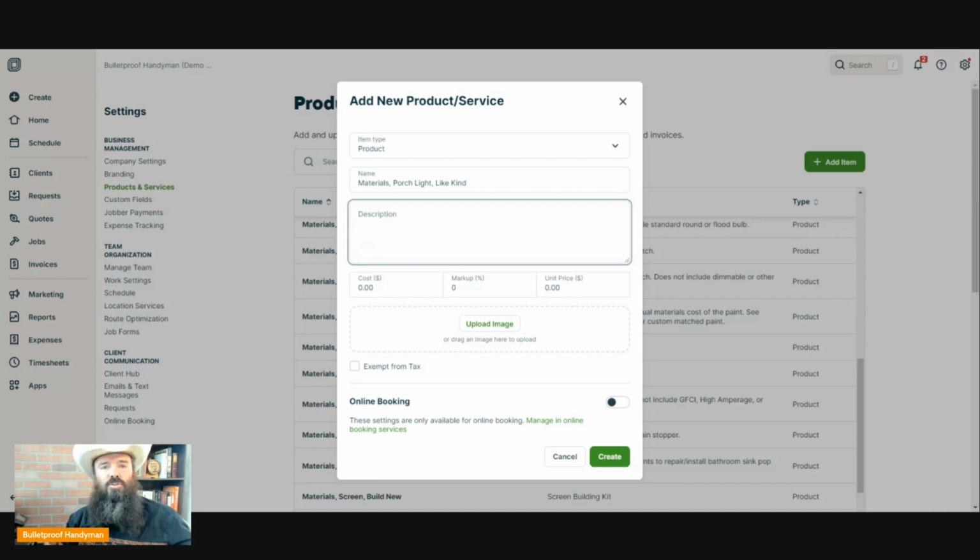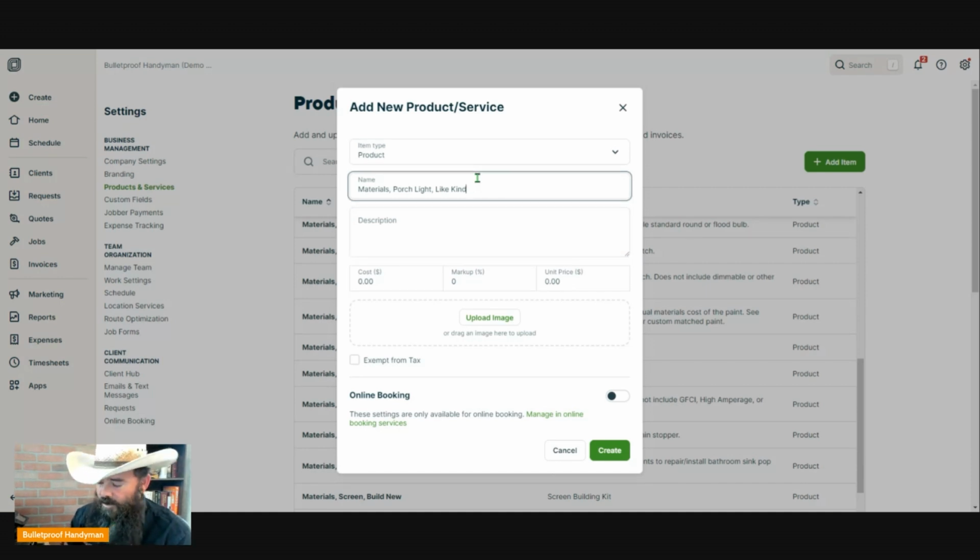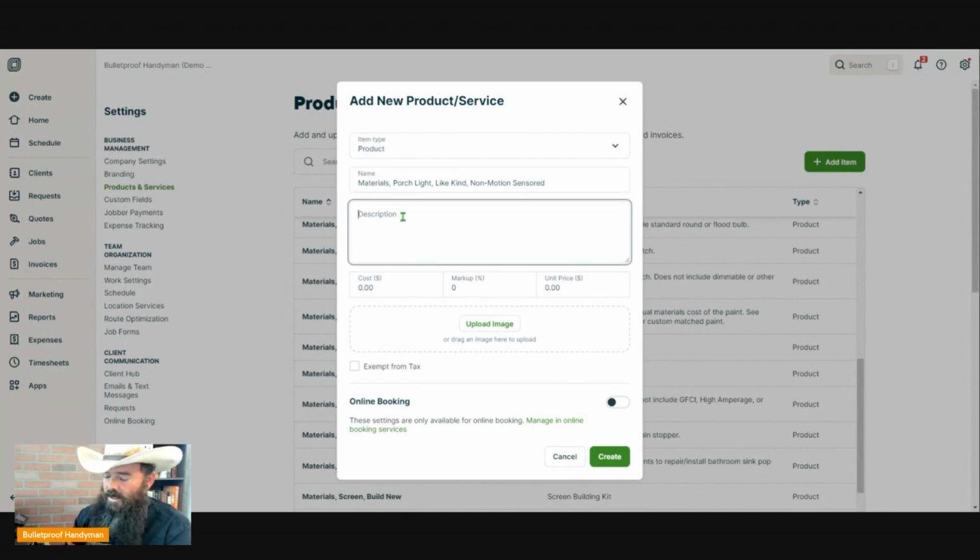Maybe you'll have a $120 porch light that they can click from, or you'll have the cheaper one that doesn't have the motion sensor and stuff to click from. And then if you did do that, you would put a comma behind here and say non-motion sensored. So for a non-motion sensored kind of porch light, then you can come down here